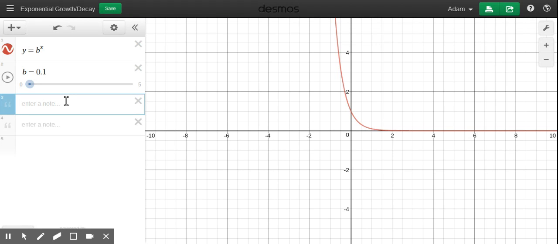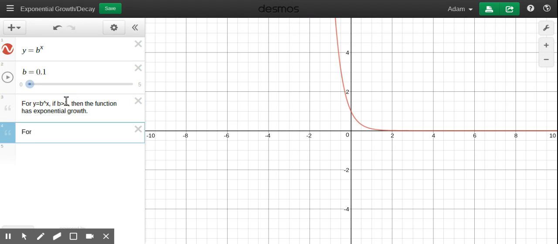So worth noting here, and you should definitely get this in your notes: for y equals b to the x, if b is greater than 1, then the function has exponential growth. And then the other way, for y equals b to the x, if b is less than 1,